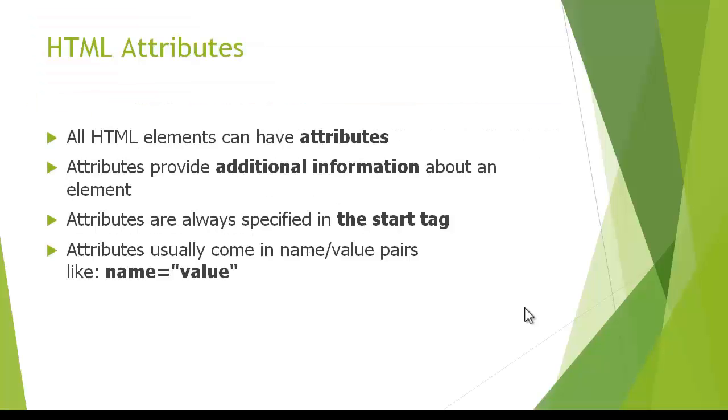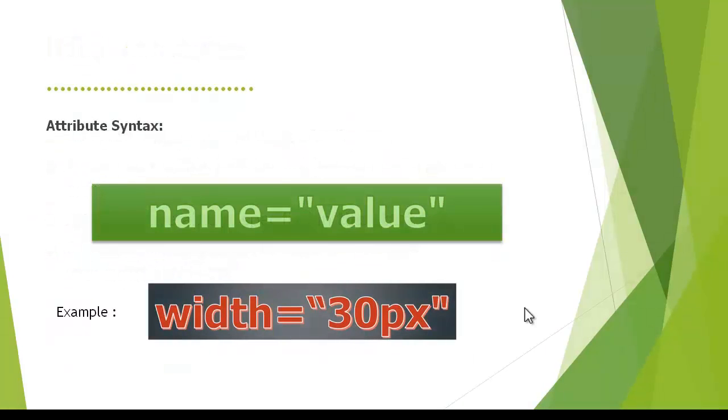Okay. The next thing is our HTML attributes. HTML attributes are things that provide additional information. Attributes are always specified in the starting tag, not in the closing tag or anywhere else. You just have to put the attribute in the starting tag. Attributes usually come in name and value pairs, like name equals value. The attribute syntax looks like this: name equals value, like width as a name and the value is 30